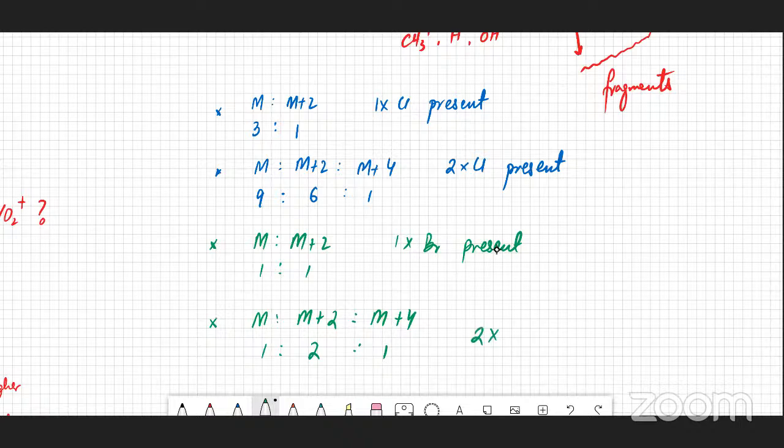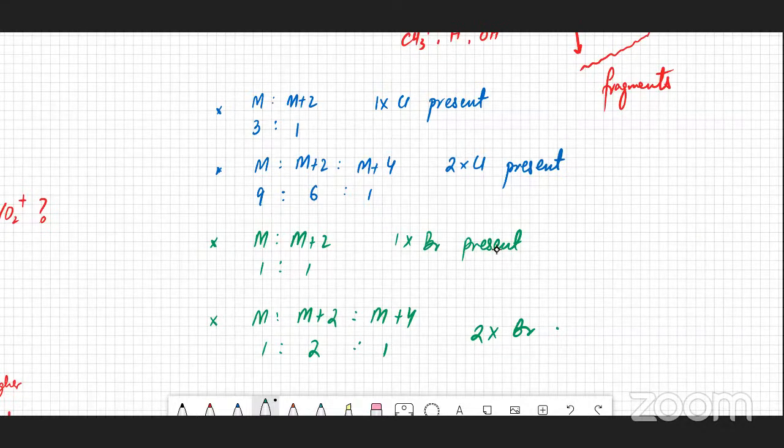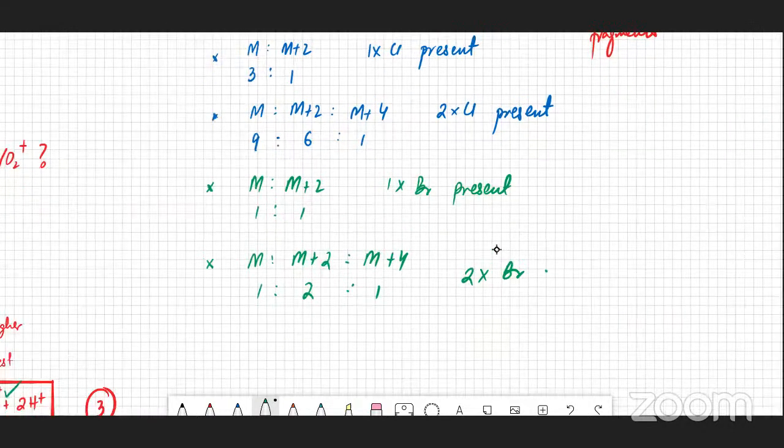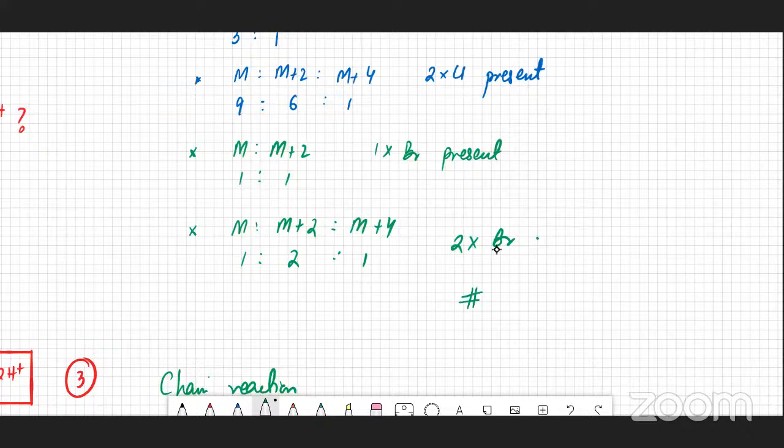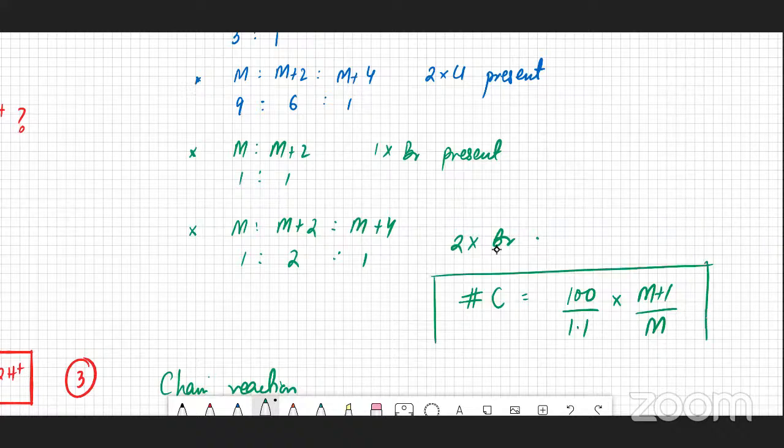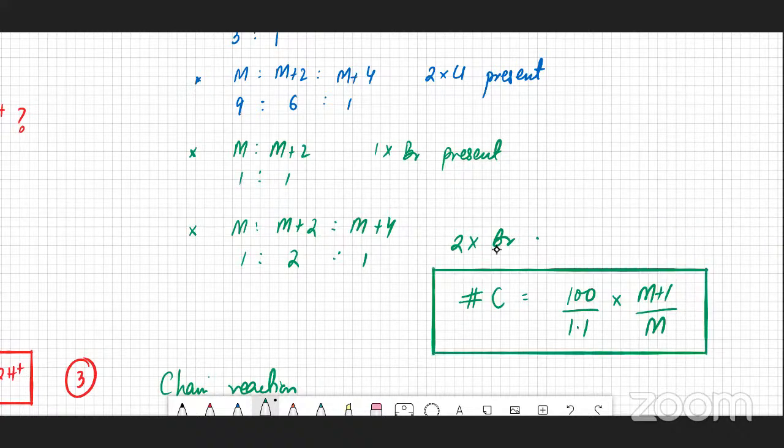ठीक है सर. अच्छा, तो this is one thing that you should know about mass spectroscopy. ठीक है, you should remember about mass spectroscopy. और एक और है, वो है कि you can figure out the number of carbon atoms. वो इस फॉर्मूले से फिगर आउट करते हैं, 100/1.1 into M+1 हाइट डिवाइड बाय M. ठीक है. उसके पीछे भी ना यही प्रोबेबिलिटी का चक्कर है